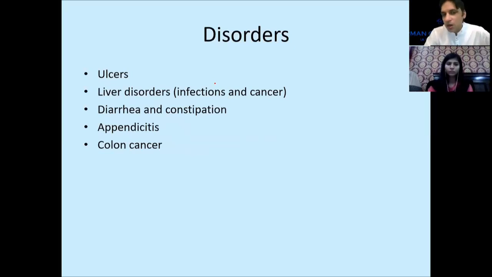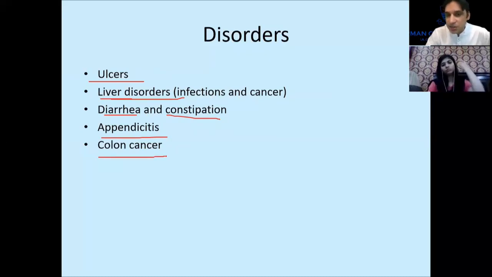Lots of diseases are associated with the malfunction of different organs of the digestive system. Ulcers, I have explained. If the protective layer is gone from the stomach or from the intestine, it will hurt a lot. That is called an ulcer. If something bad happens with the liver, it can cause trouble to the digestive system as well. Like if there's a liver cancer or hepatitis, it will affect the bile as well, and then the digestive system. And then what is diarrhea, what is constipation, I explained. Appendicitis, and then